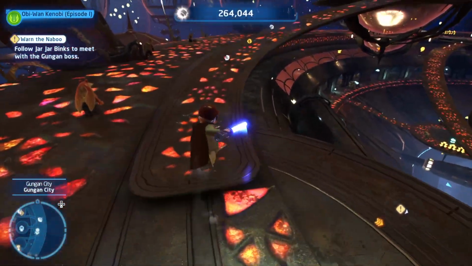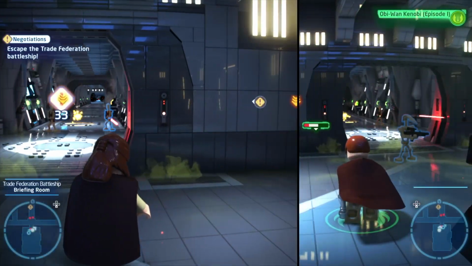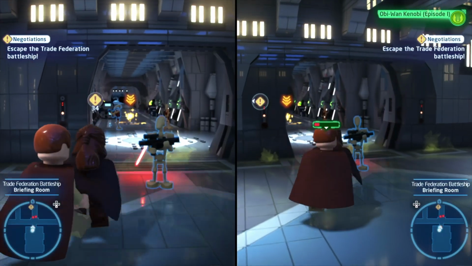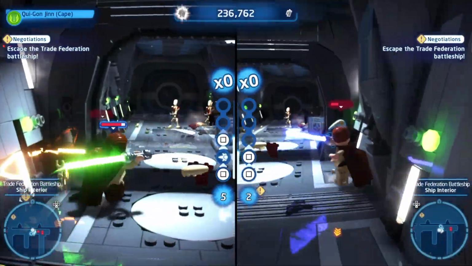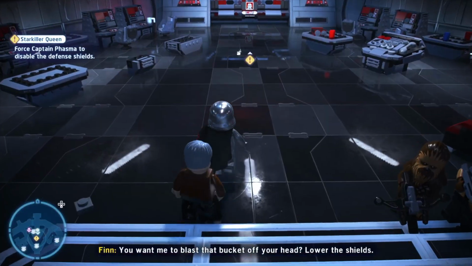If this is something that really bothers you when playing, and if you have a friend or family member who's local, you could always use the game's drop-in, drop-out couch co-op feature, but I will say that the downside to that is that LEGO Star Wars The Skywalker Saga doesn't support online multiplayer, which is a bit of a missed